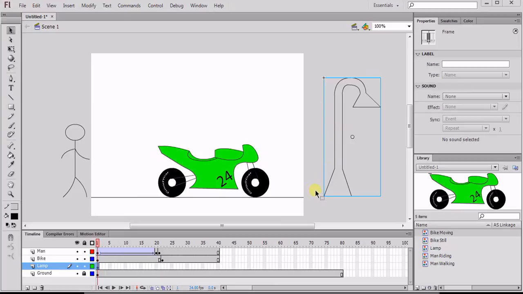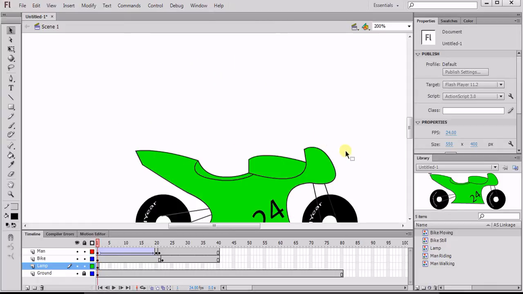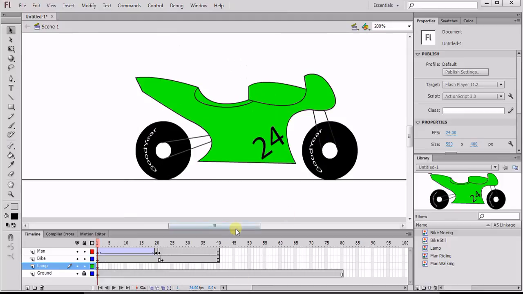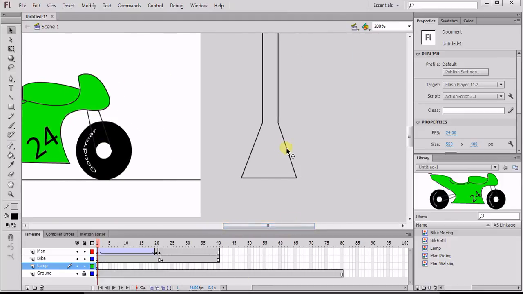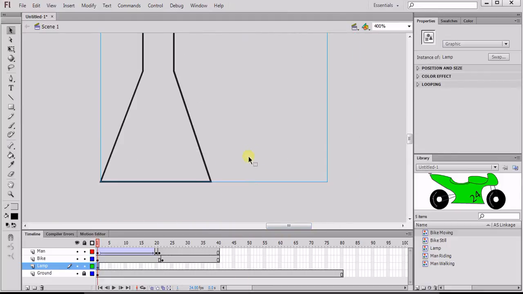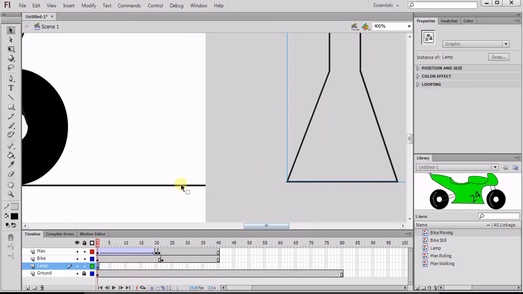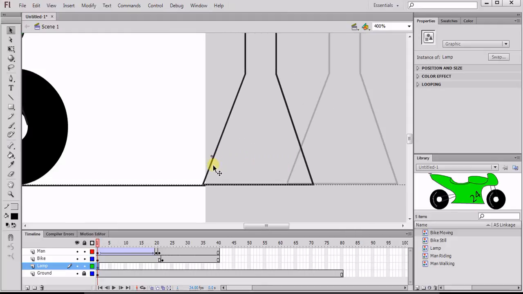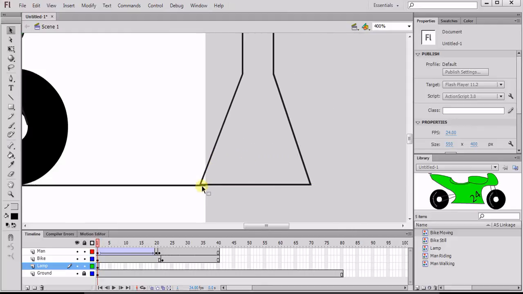So I'm going to Control plus in here a good bit, and I'm going to move over, make sure this is selected, and go in a little bit farther here. And I'm going to make sure this is right down to where the actual ground is. So I'm going to click and hold shift to drag over here. As long as there's no gap between here,